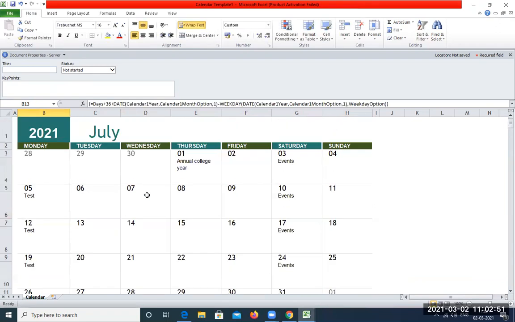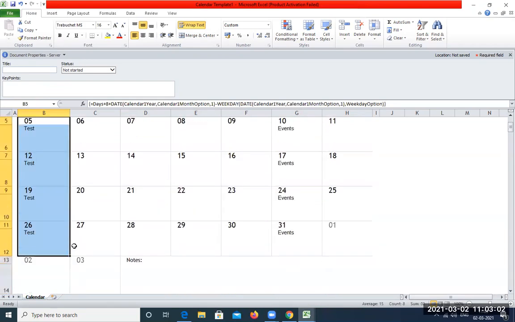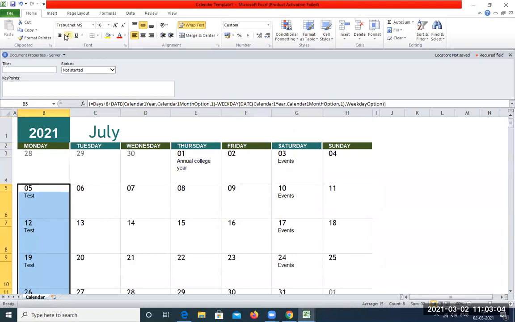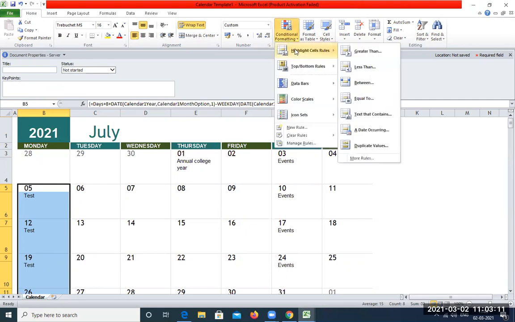Now once the text is added, to have a better visualization, we can select this row and go to our home tab and look for conditional formatting. Click on this and click on highlight cell rules and look for text that contains.